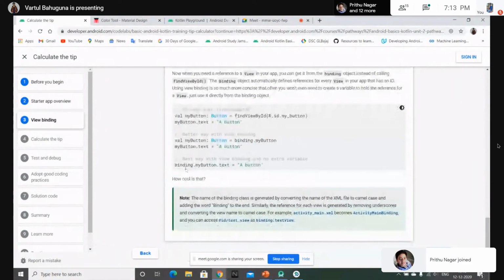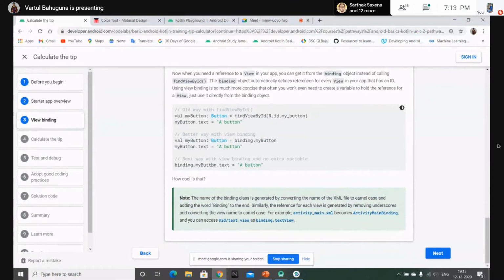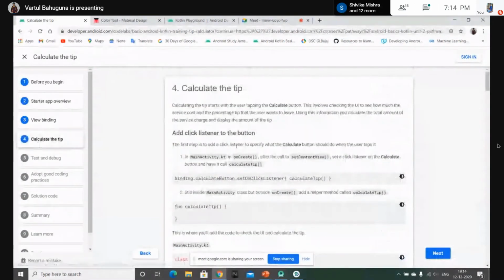But the best way is using this binding variable followed by a dot and then the ID of the view that we want to use. That would be the ID of the button, and then the text property, and then we are setting the text over here. So moving further,